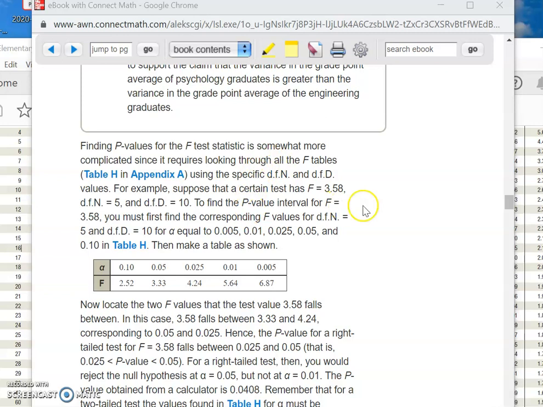And as he says here, you look through all the F tables for the specific degree of freedom, that's the degree of freedom for the numerator and the degree of freedom for the denominator. So suppose in a certain test, you have F is 3.58. That's your test value. The degree of freedom of the numerator is 5. The degree of freedom of the denominator is 10. So you look for